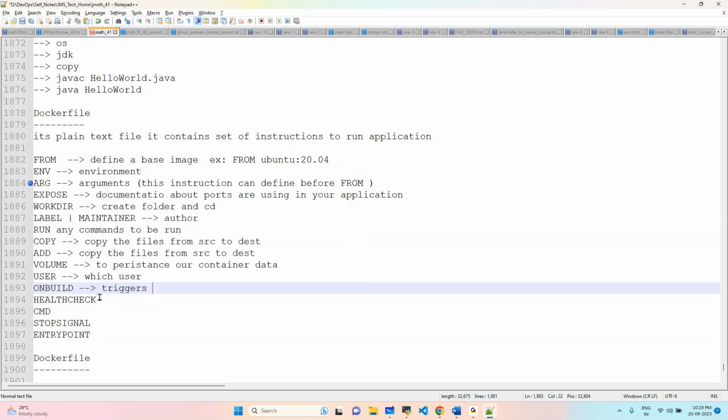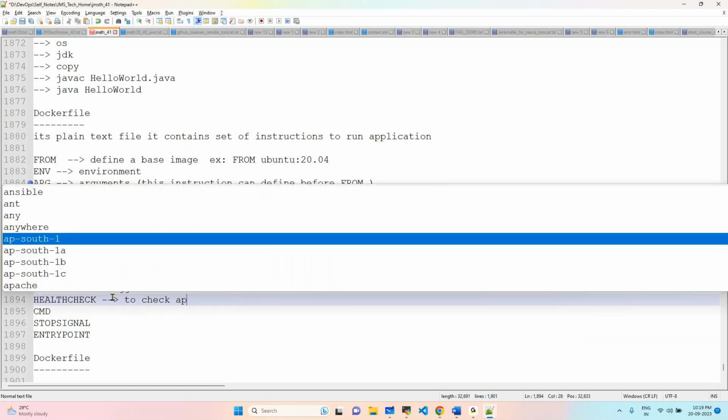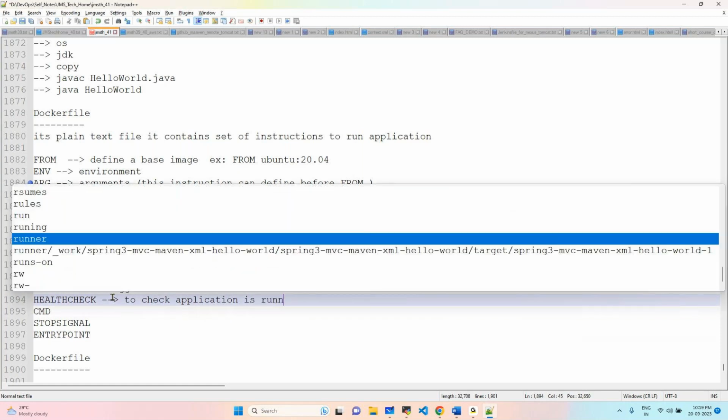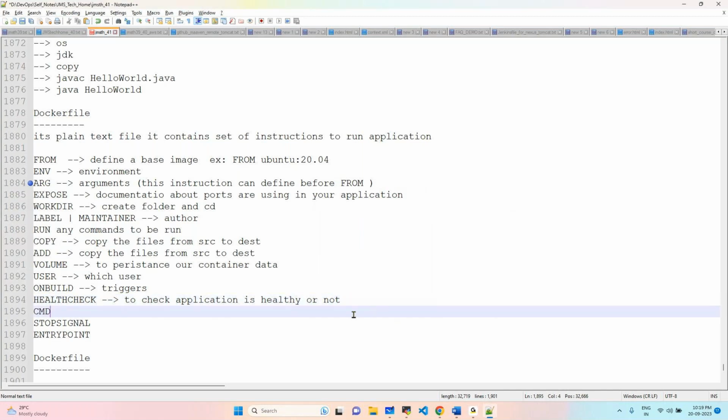And so health check, to check whether the application is running or not, healthy or not. Healthy or not means if it is healthy it will succeed, if it has failed then it will fail. Okay, and